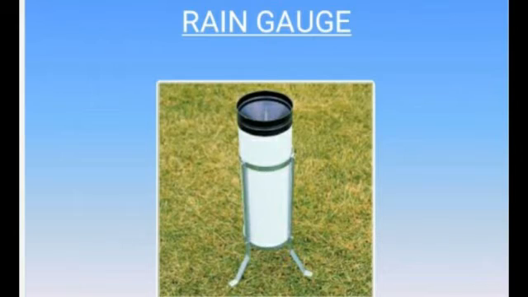So the rain gauge is placed in an area away from the trees, buildings or any other objects which can obstruct the incoming rainfall. Okay, so it is kept on a slightly raised platform to avoid the splashes of rainwater from the ground. So the actual amount of rainwater collected during a day is measured using the measuring jar which is kept inside, and rainfall is measured in what? Millimeters. Okay, so this is the use of rain gauge.